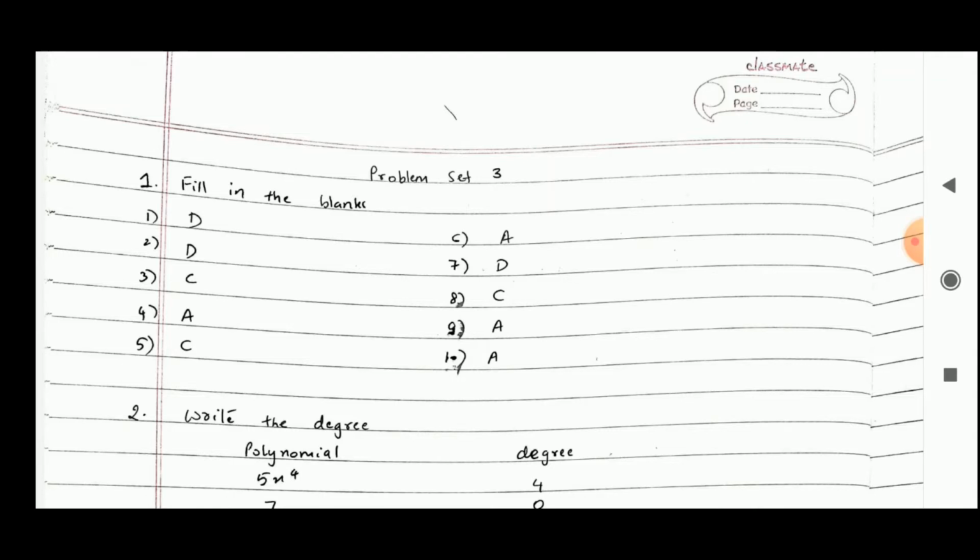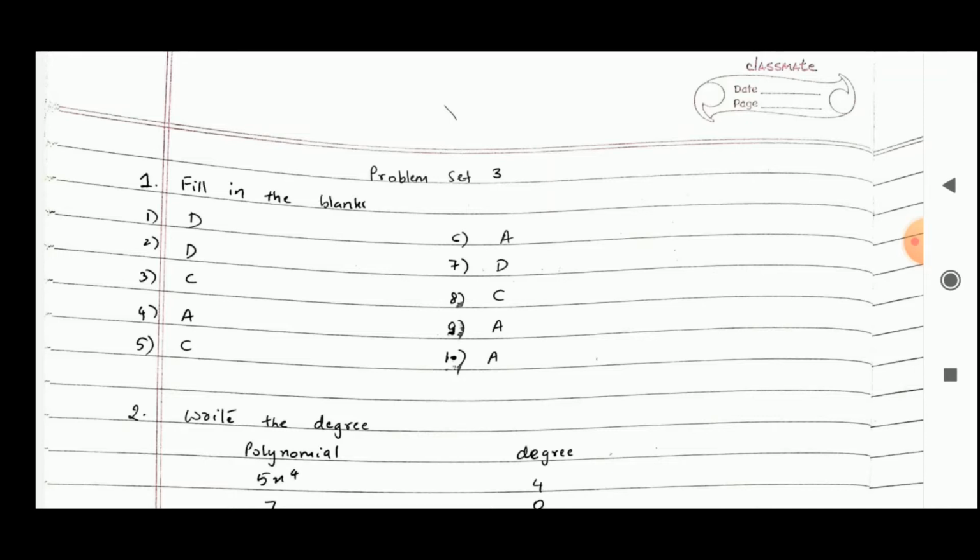Then what is the degree of the polynomial 2x square plus 5x cube plus 7? The degree is 3. So, the answer is A. What is the coefficient form of x cube minus 1? So, in x cube minus 1, the terms with x square and x are missing. Those terms you have to write down by taking the coefficient 0. So, the coefficient form of x cube minus 1 is 1, 0, 0, minus 1.